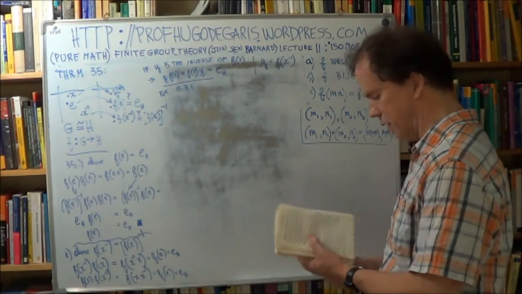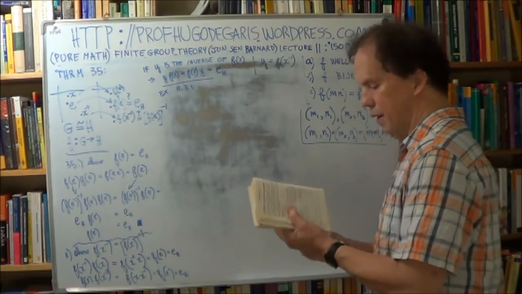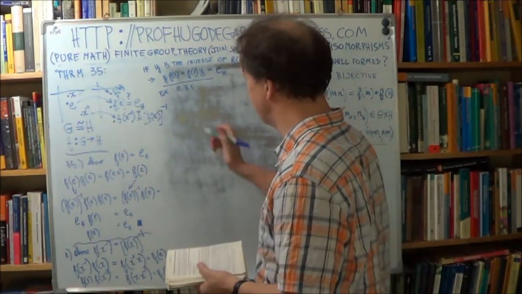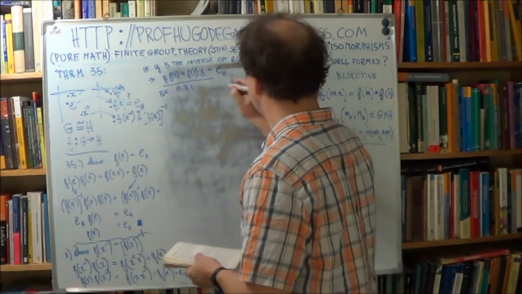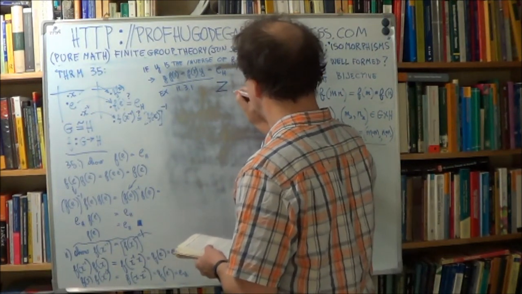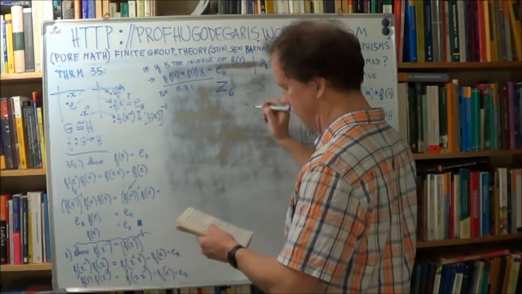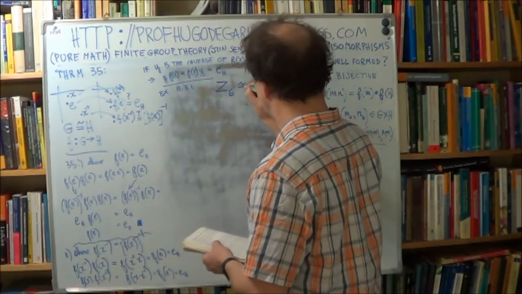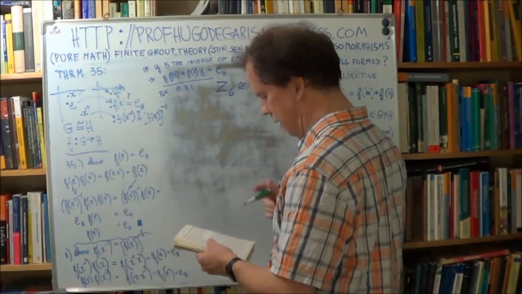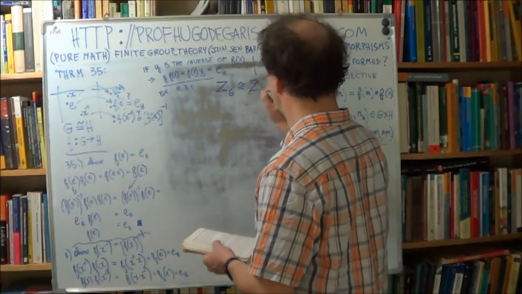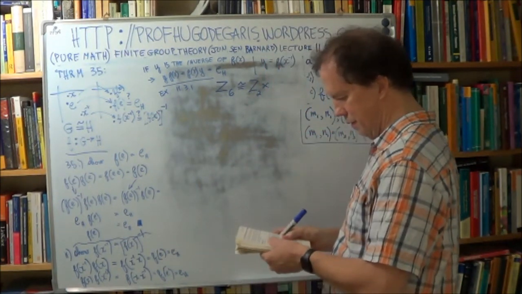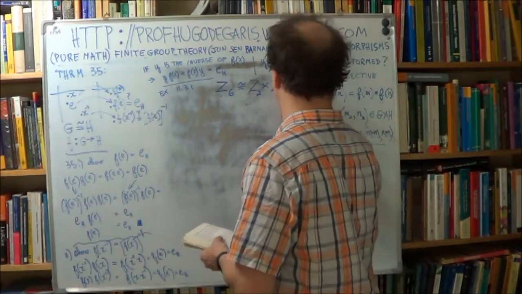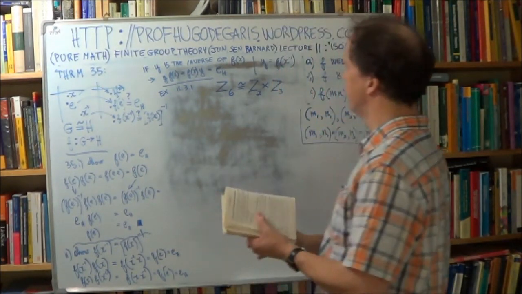let's pose the problem. And here it is. So it's this example number. And you're asked to show that Z6 is isomorphic to Z2 direct product Z3. Okay, now